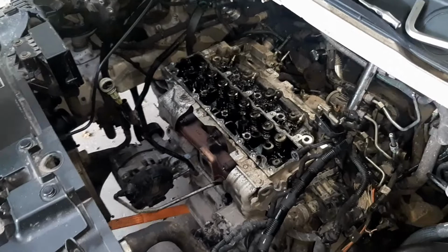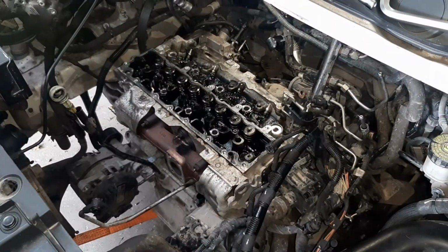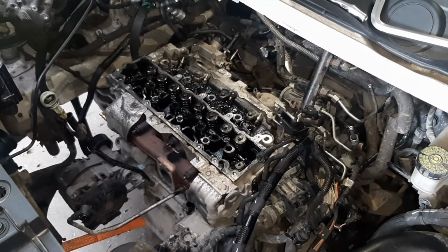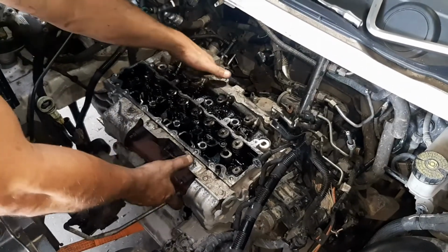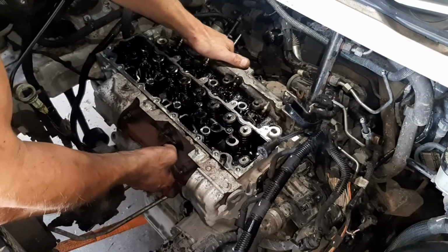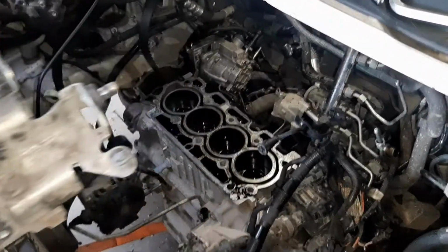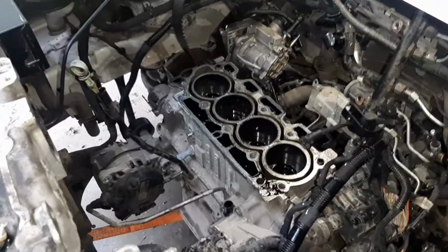Here we go then, hopefully that should be all the nuts and bolts and everything else, pipes, cables, sensors, turbos, pumps, all disconnected, and it's time to lift the cylinder head. So it's... Hey, here we go. Look at how everything's disconnected. Yeah. There's a lot of oil in there. Let's